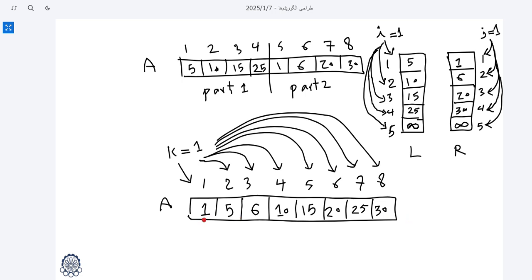And in this manner, two parts are merged, two parts are combined. By this method, we combine part 1 which is sorted and part 2 which is sorted, and we get an array that is sorted in total. Okay, this is the approach that